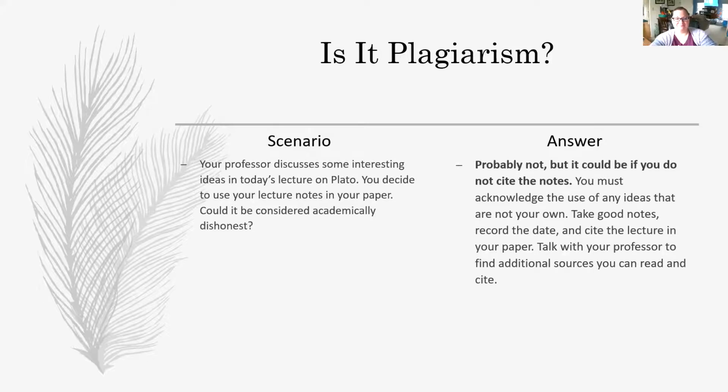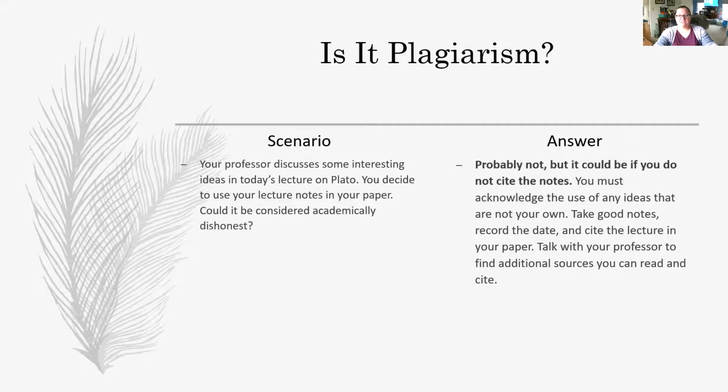All right, next scenario. Your professor discusses some interesting ideas in today's lecture on Plato. You decide to use your lecture notes in your paper. Could it be considered academically dishonest? The answer, probably not. But it could be if you do not cite the notes. So if you're in this class and you have to write a paper for this class, and the instructor for this class had something interesting and pertinent in their lecture, or in maybe a PowerPoint or something, then